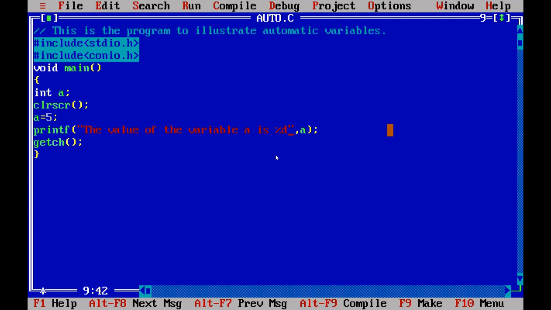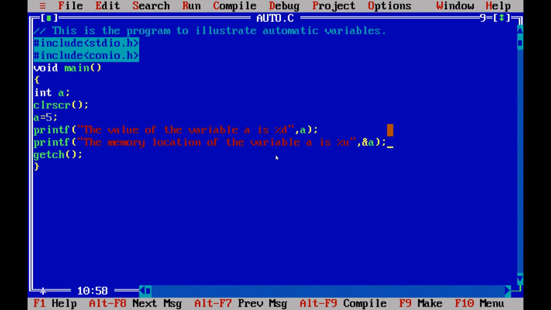In order to check that, we can print the memory location of the variable. For example, here I can print the memory location of the variable a is %u. If we wish to print the address of the variable, we can make use of %u, and we have to make use of the ampersand here so as to represent the address of the variable a.